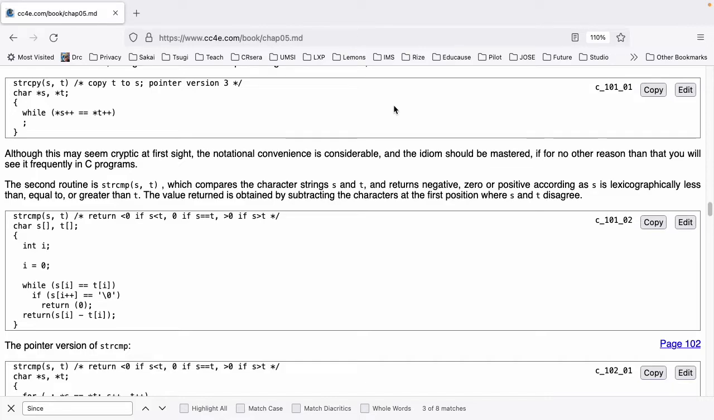strcmp(s, t) char s[], t[]; { int i; i = 0; while (s[i] == t[i]) if (s[i++] == '\0') return 0; return (s[i] - t[i]); }